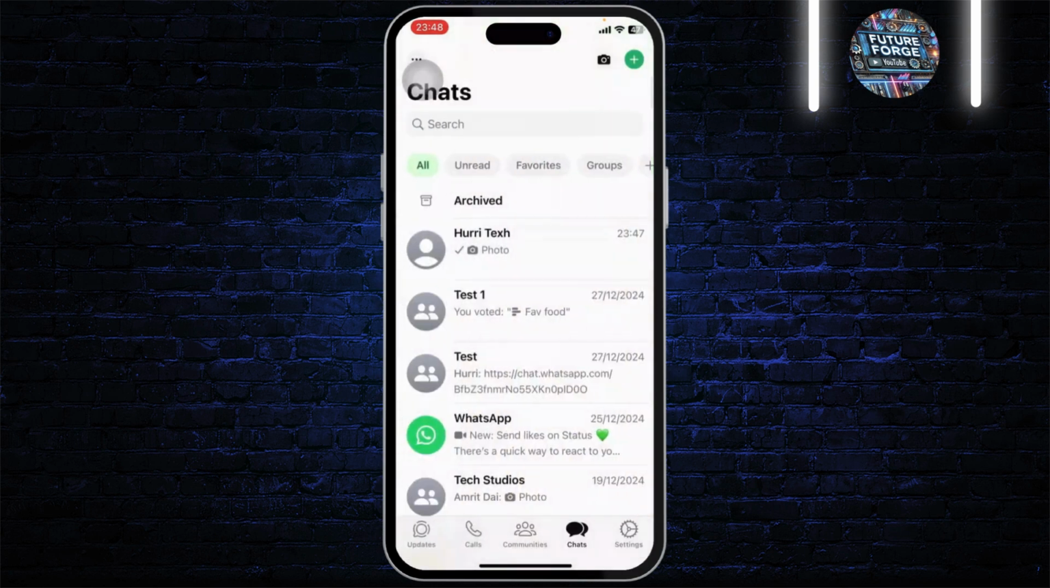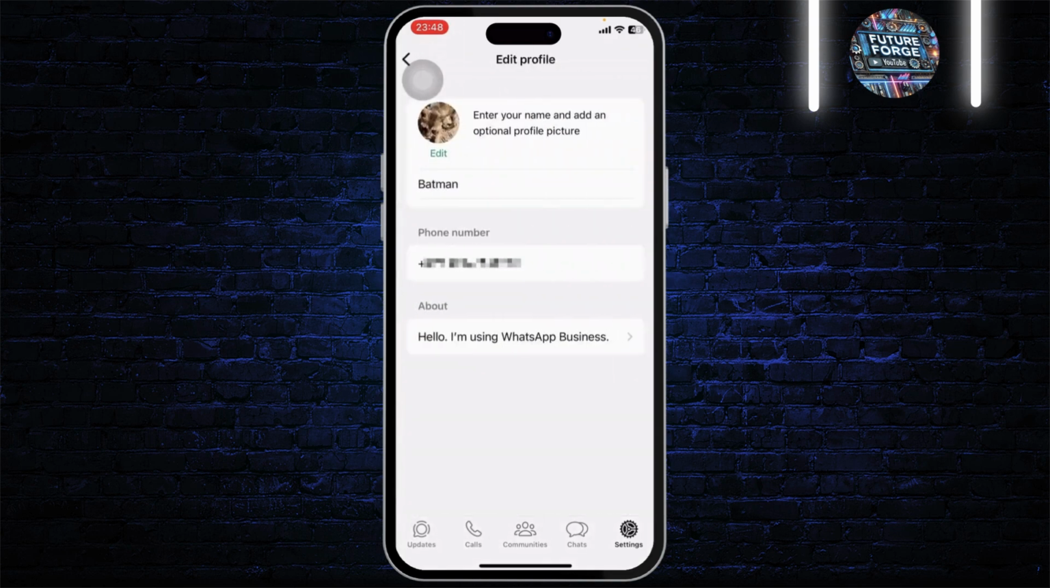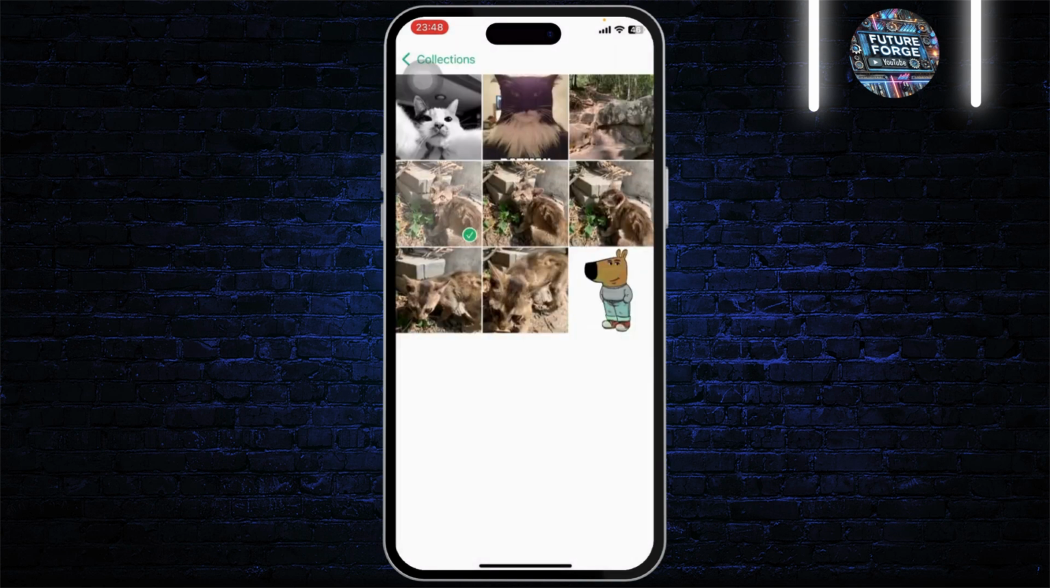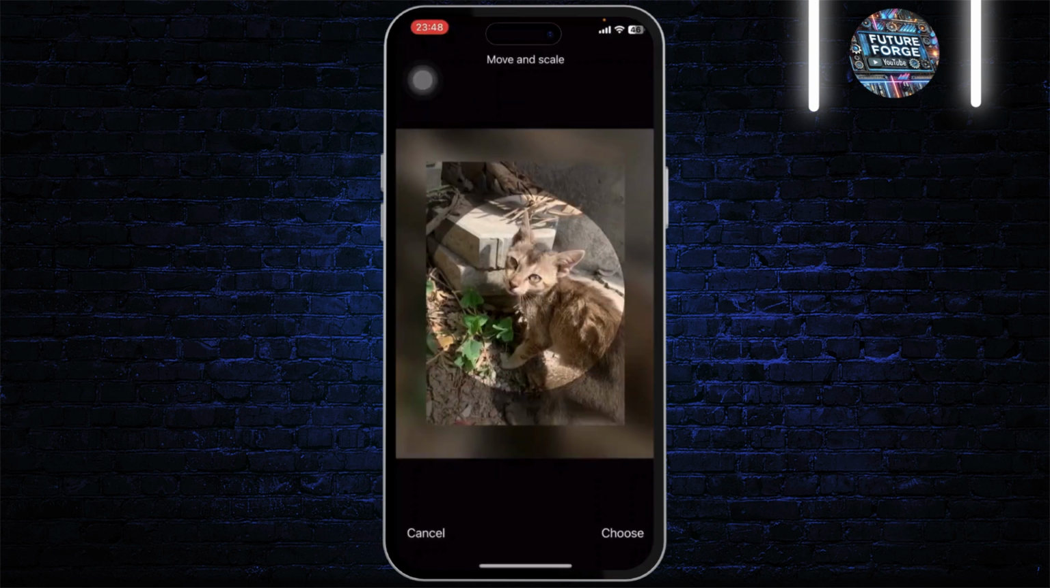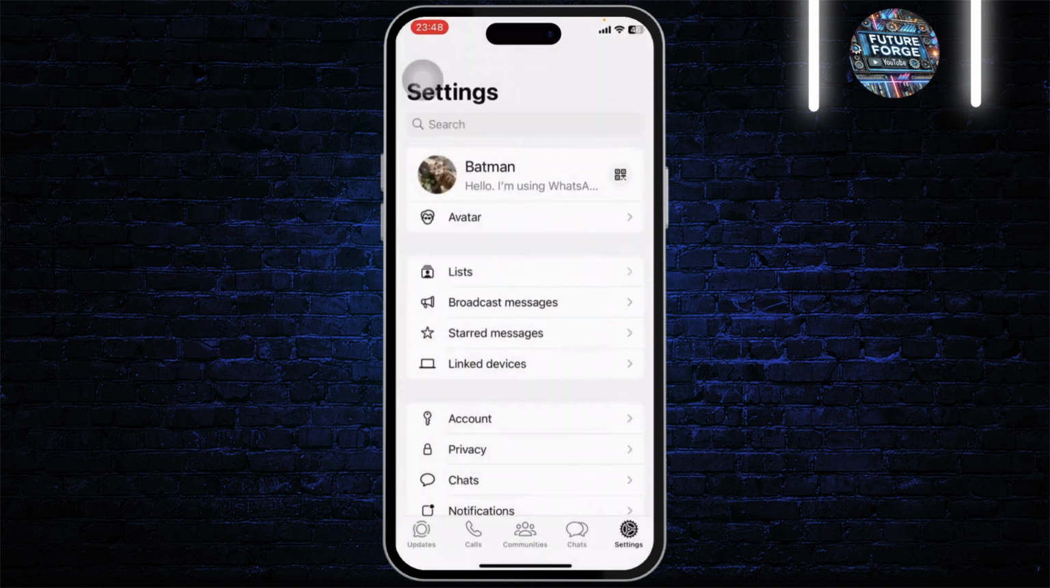And after you save this, what you'll need to do is head back, head over to the settings option on the bottom right. Tap on your name on the top and now tap on the edit option to change your profile picture. Now after you're here, simply choose the picture that you sent in HD quality and then put it as your profile picture. And it's